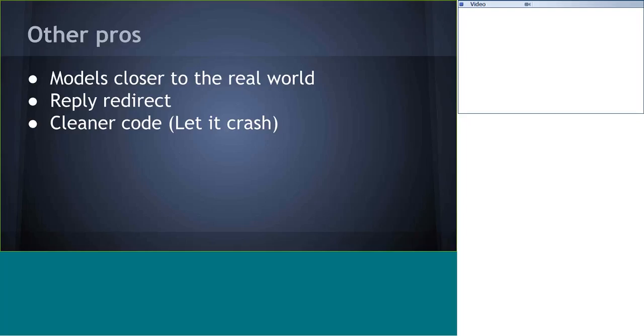So some other pros, again, it models the real world. You can do other really interesting things like when you send a message to a particular actor, you don't have to be the one that receives the answer. Whereas in a synchronous method, you make a call and you get the result, right? You can send a message to an actor and say, send the answer to that guy. And you can spawn a different actor just to be responsible for that specific transaction. So it kind of takes that whole idea of separation of concerns a level further.